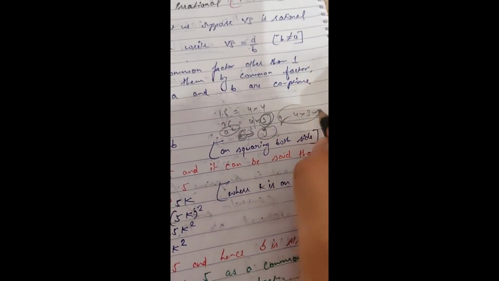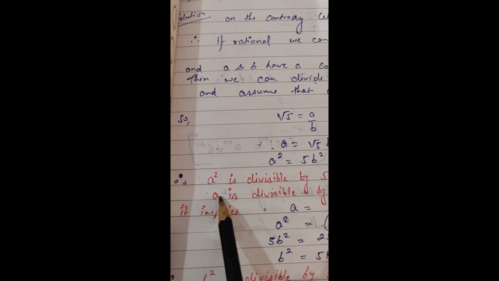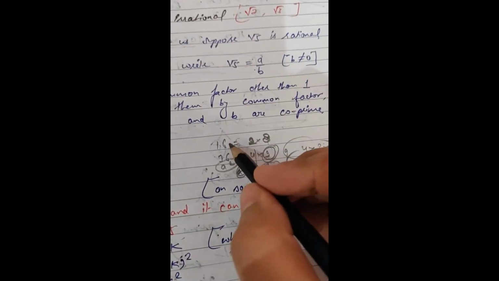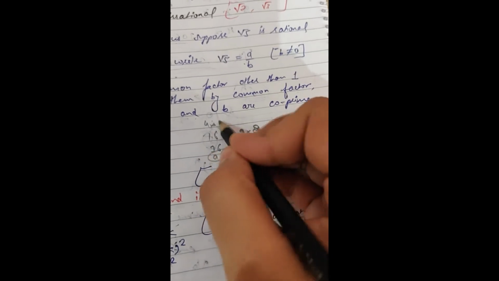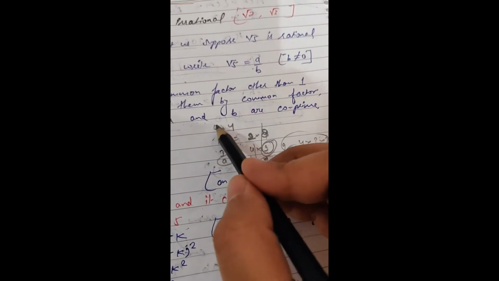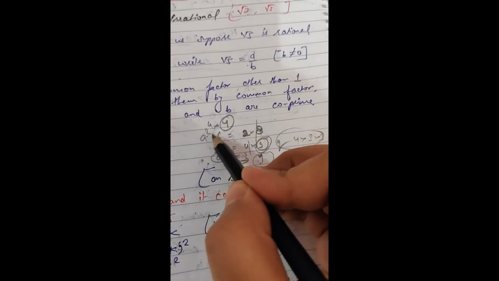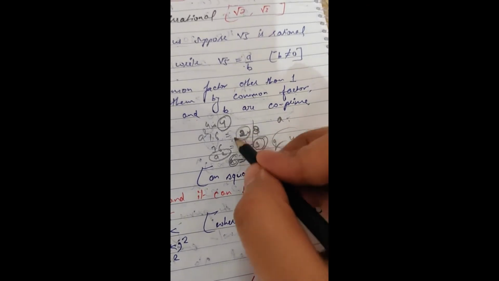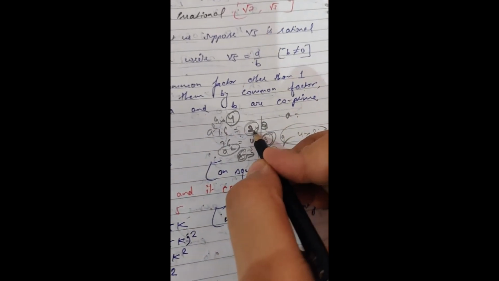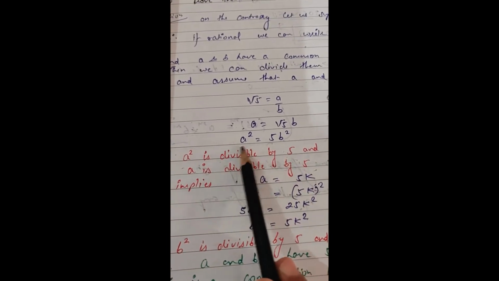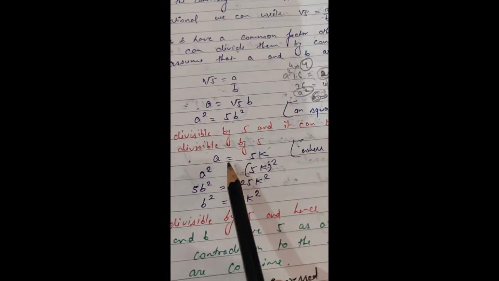If you want to have another example, 16, for this you can take 2 into 8. So 16 is 4 into 4. So if 16 can be written as 2 into 8, where 8 is the quotient, this 4 was a square, no? So a has the value of 4. So a is also divisible by the first number, so 4 is divisible by 2. So we can also say if a square is divisible by 5, then a is also divisible by 5.